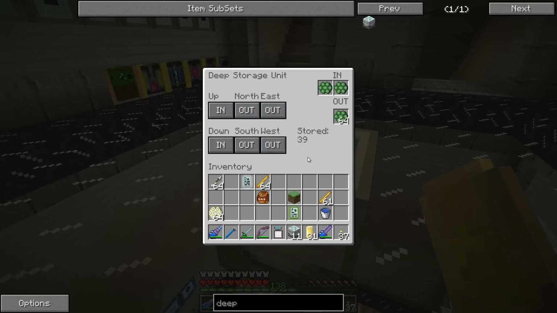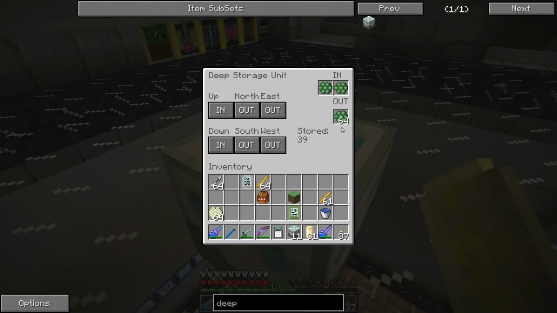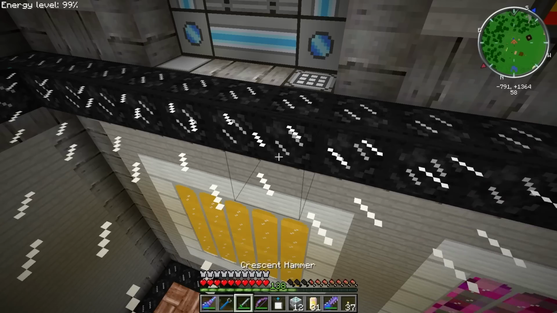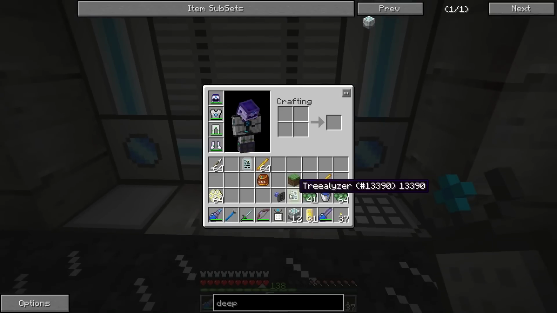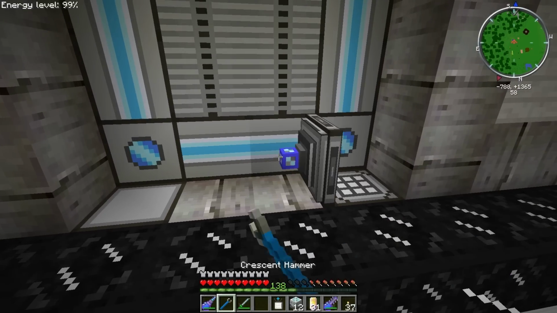Huh. Up and down, in and out. Okay, that's interesting. Let's take this stuff back out. And what is that item from AE that you can use? Is it called like storage bus? Storage bus. Okay, so if we put a storage bus right here, flip it around,